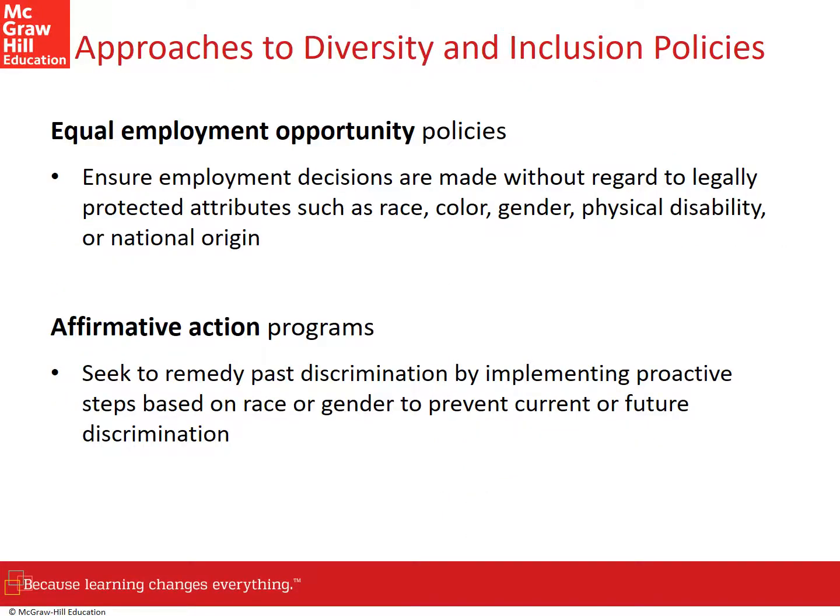Did you know the U.S. Equal Employment Opportunity Commission, the EEOC as it's better known, is responsible for enforcing federal laws that make it illegal to discriminate against a job applicant or employee because of the person's race, color, religion, or sex. This includes pregnancy, gender identity, and sexual orientation. It's also illegal to discriminate against a person because the person complained about discrimination, filed a charge of discrimination, or participated in an employment discrimination lawsuit.